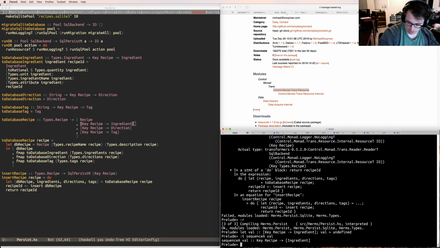What if I take sequenceA to val? It's very interesting. Suddenly, I have a function that takes a key recipe and returns a list of fully applied ingredients, because I used traversable and reader to basically lift the argument that they all have in common out of the list structure. So what I can then do is take insert, I can traverse,